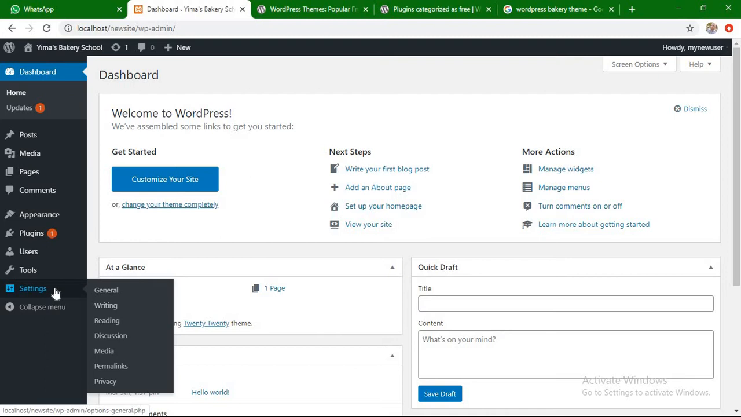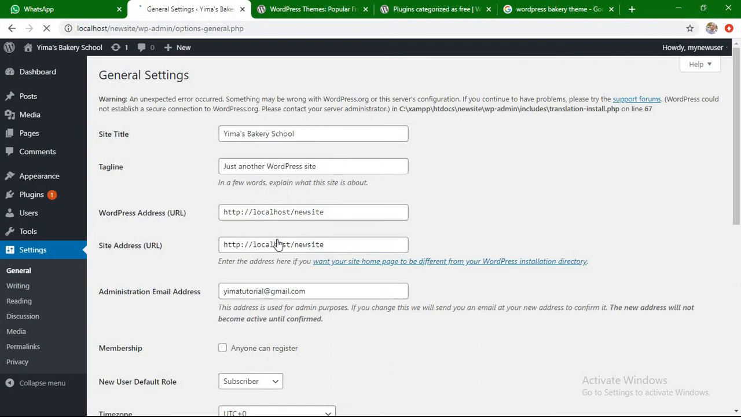Now, under the settings, you can define certain things about the dashboard and also whatever site you have in mind. So let's start with general. Now we click on that. And so basically I can change